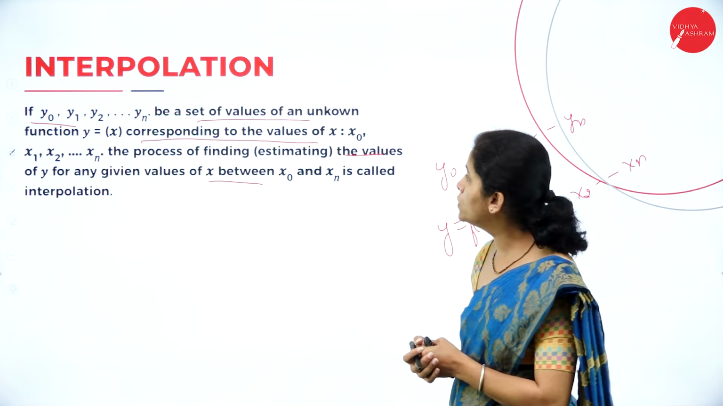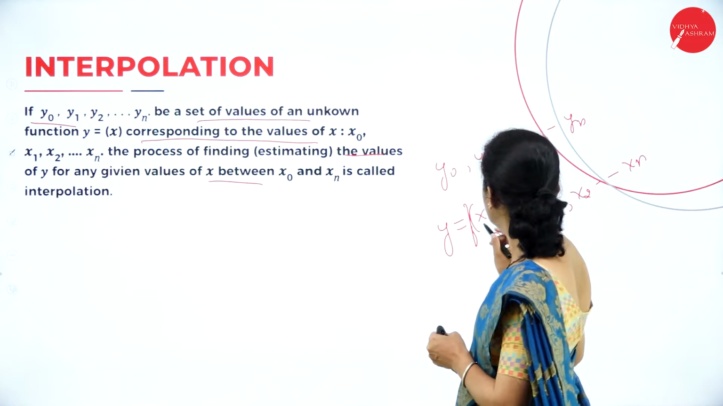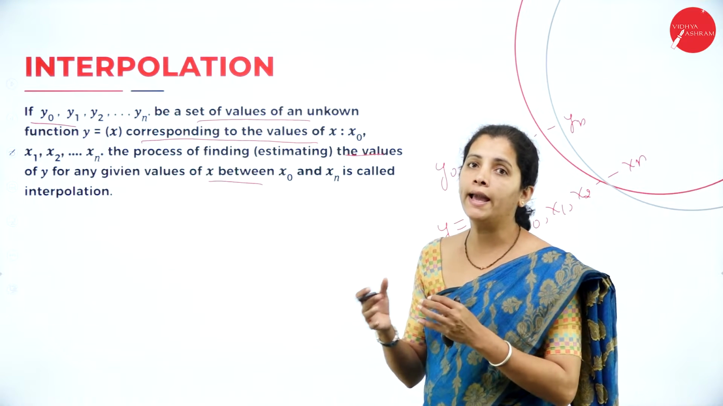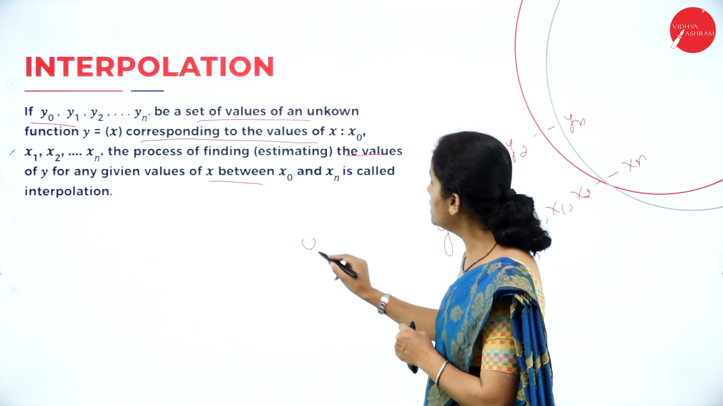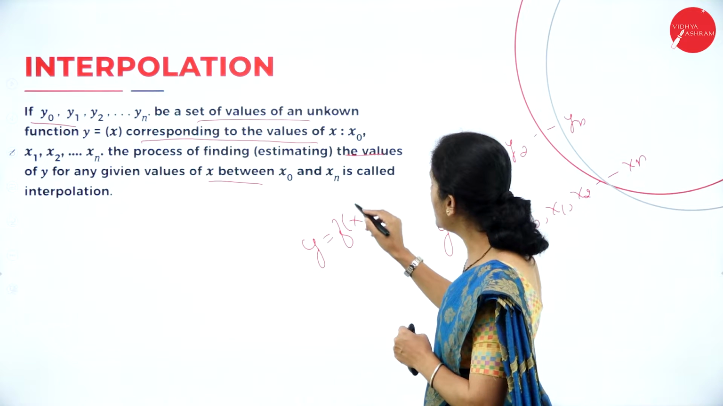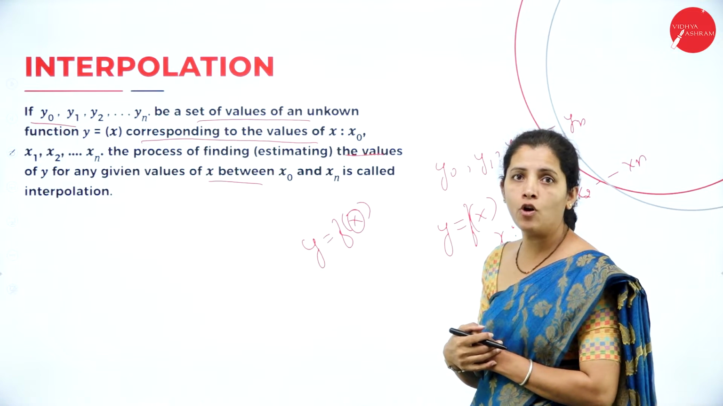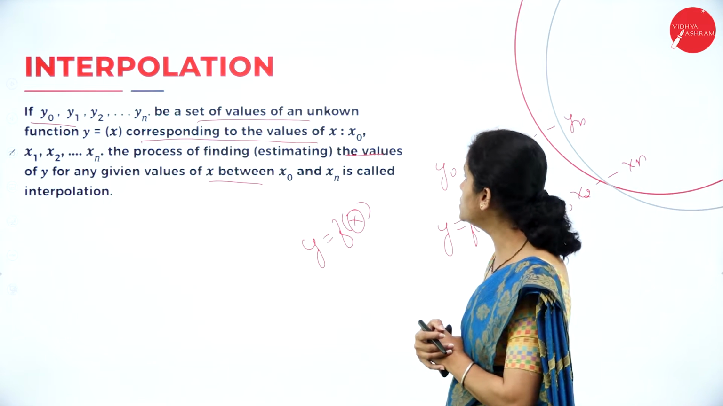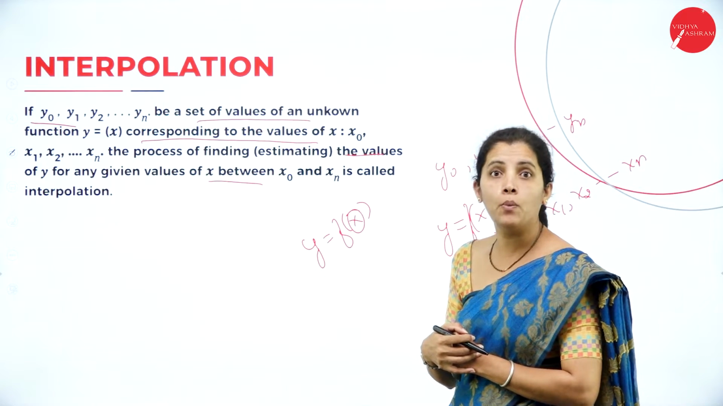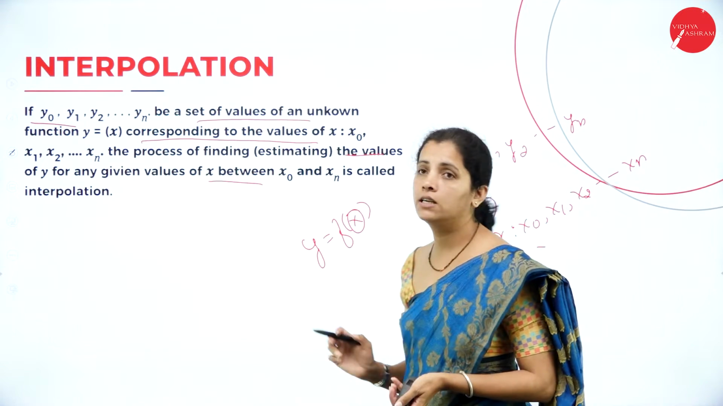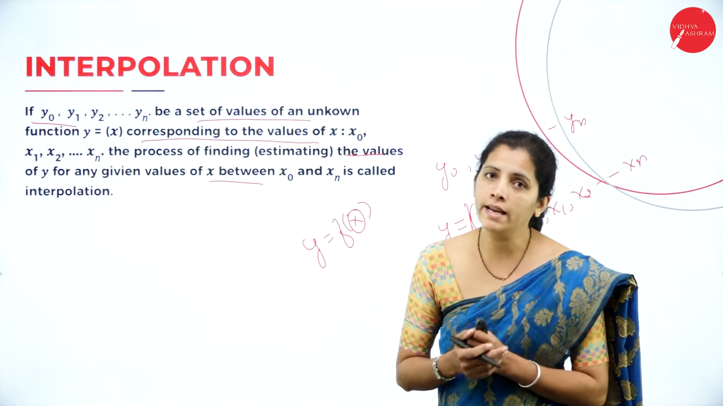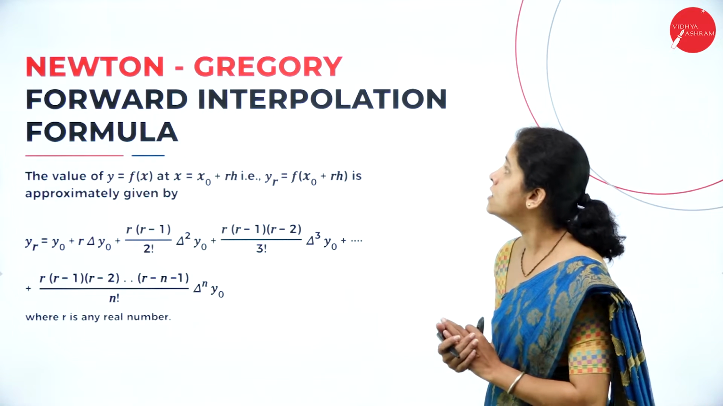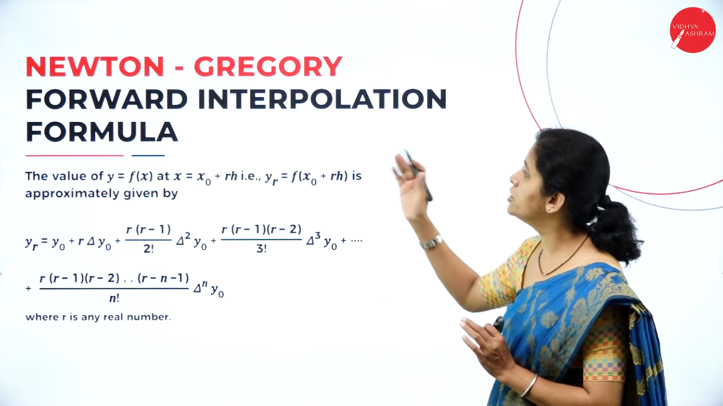Along with that, I am going to have some corresponding values, that is x equal to x0, x1, x2 up to xn. So I can write y equal to f of x, where x ranges from x0 to xn. By using these two values, I can estimate the values, and that is known as interpolation. So dear student, now let me discuss the two types of interpolation formula, that is Newton-Gregory forward interpolation formula